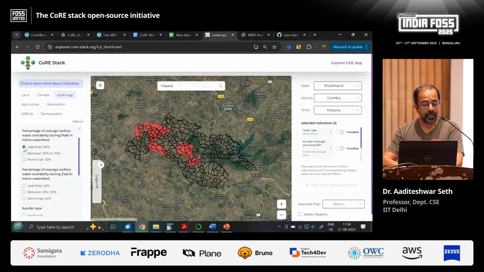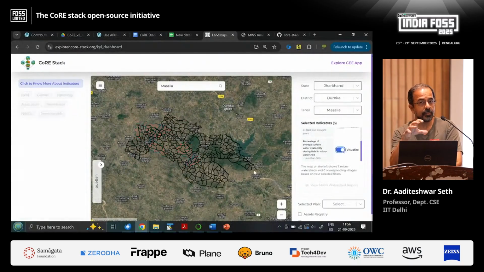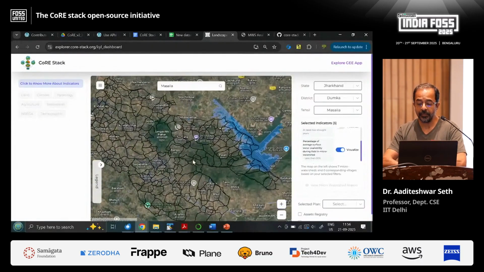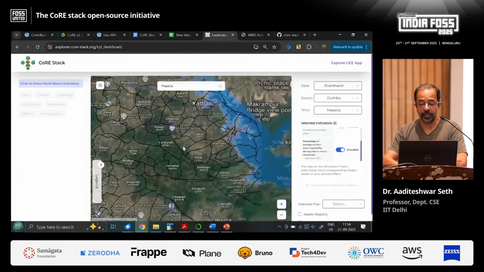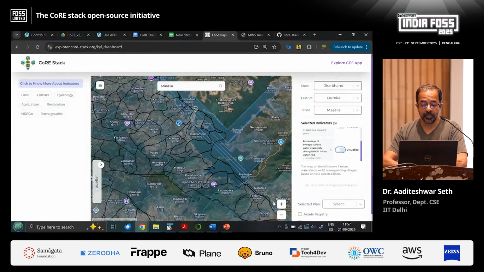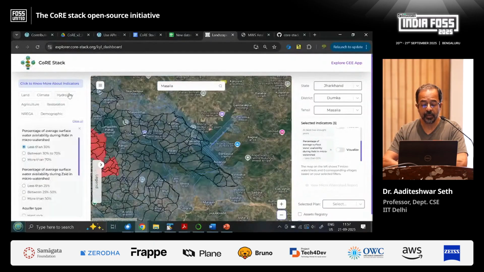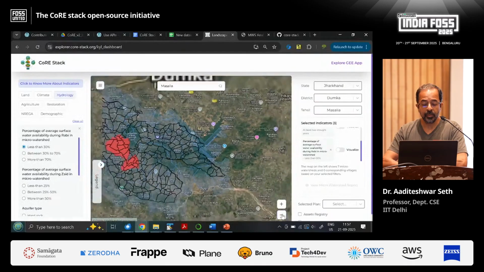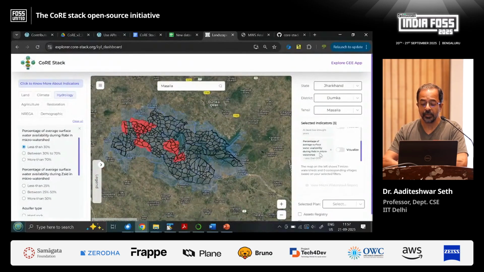Likewise, we identify water bodies remotely, and then for these water bodies we say how much of them have water throughout the year, and how much of them have water only during the monsoons. So for example, this is a dam, where you can see it a bit more clearly, that some part of the dam has water throughout the year. This one has water during monsoon and post monsoon. This one only has water during the monsoons.